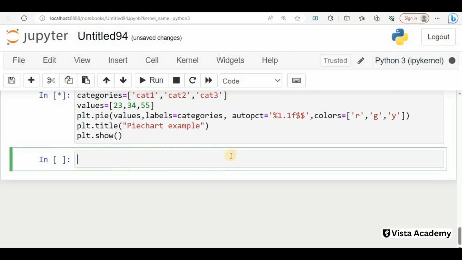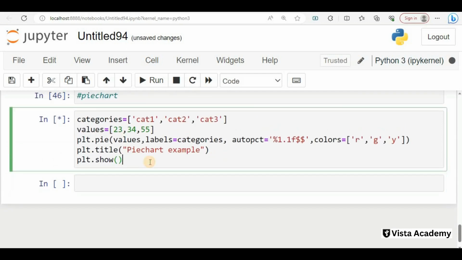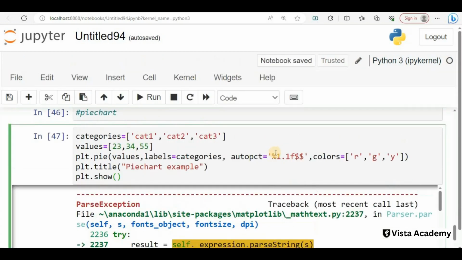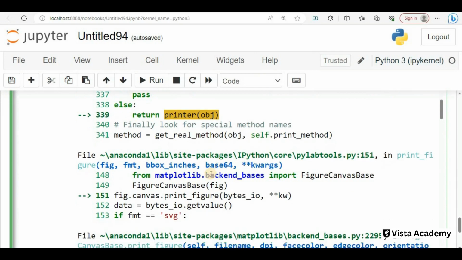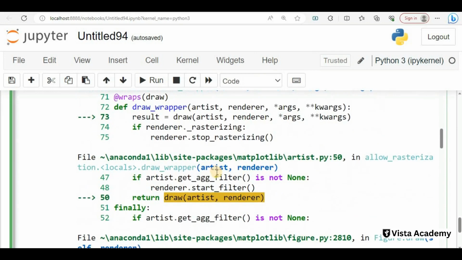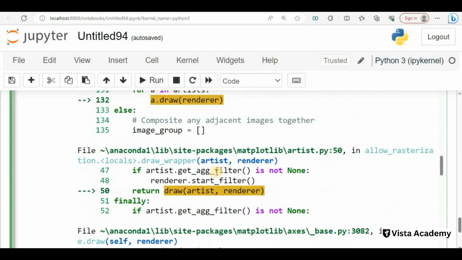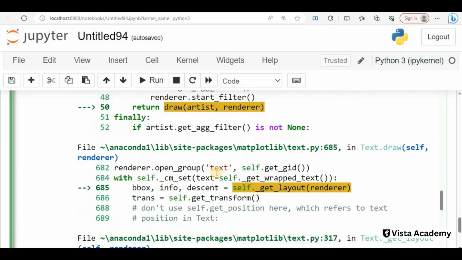So if it has some error it will show. So categories is there, autopct is okay. So it's showing some problem, so we have to see where the problem is here. Print, object, return, figure, draw. So what is the problem, we have to check here.